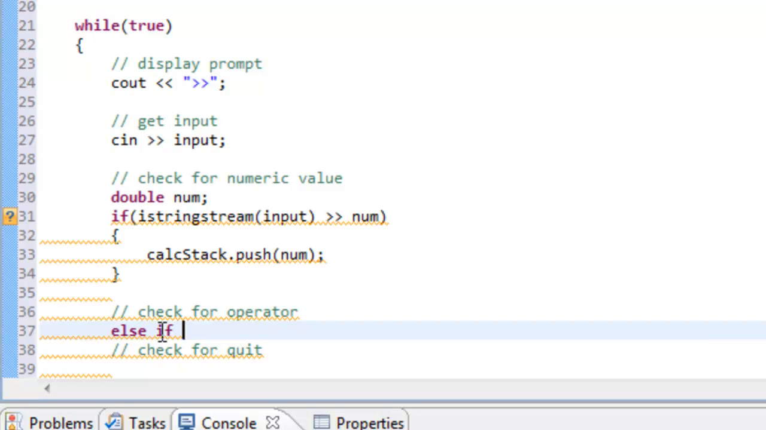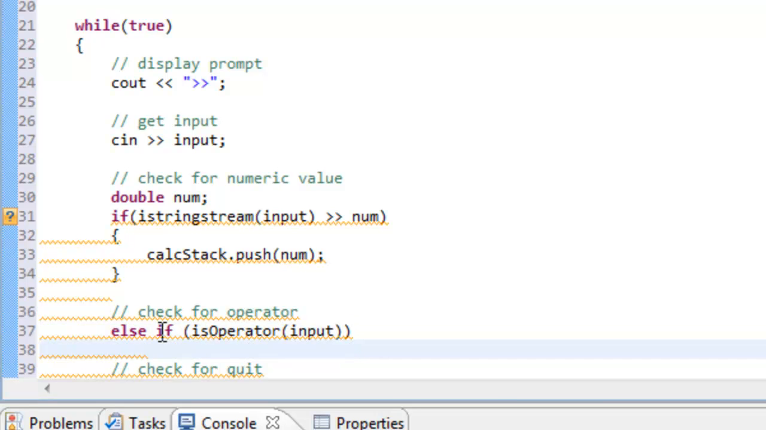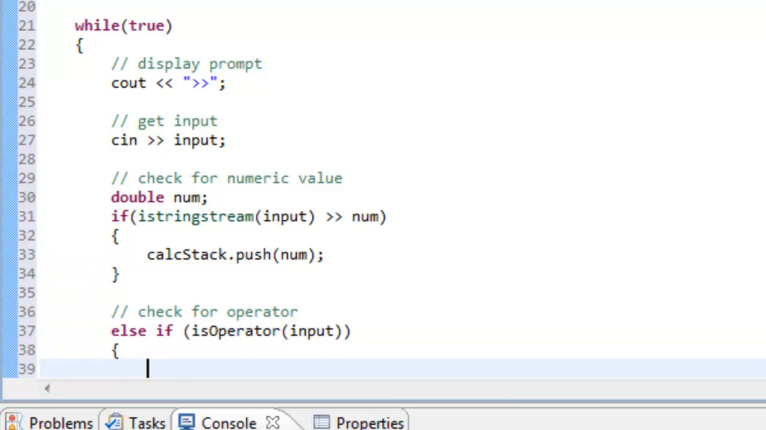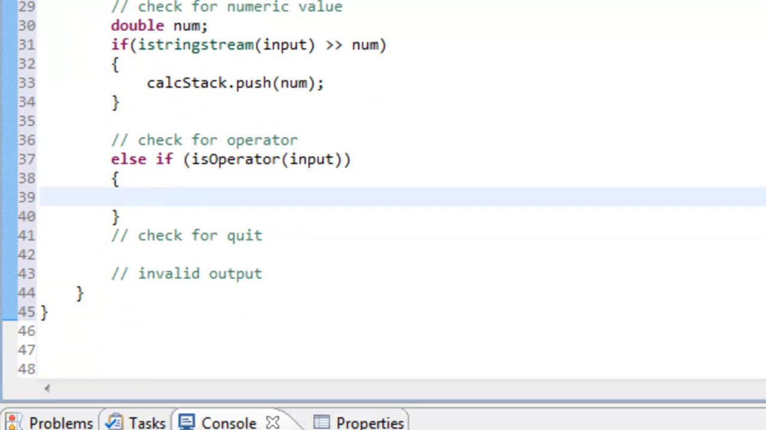So we'll say else if, and here we'll probably write a function, and we'll test to see if it's an operator or not. So we'll say isOperator, and we'll write that function a little bit later. And we'll pass to that our input string, and if that turns out to be true, so isOperator is going to be a Boolean returning function, we'll call another function that we're going to call maybe performOp,